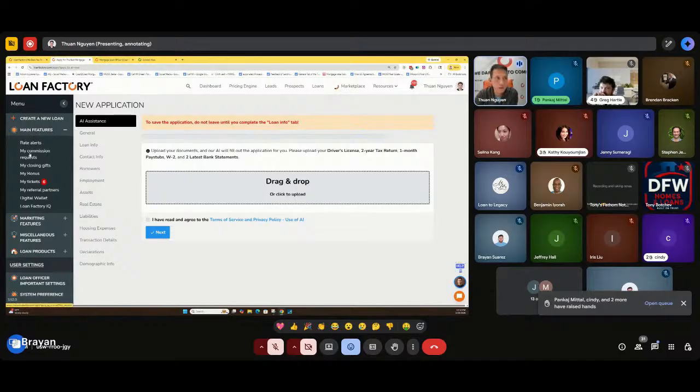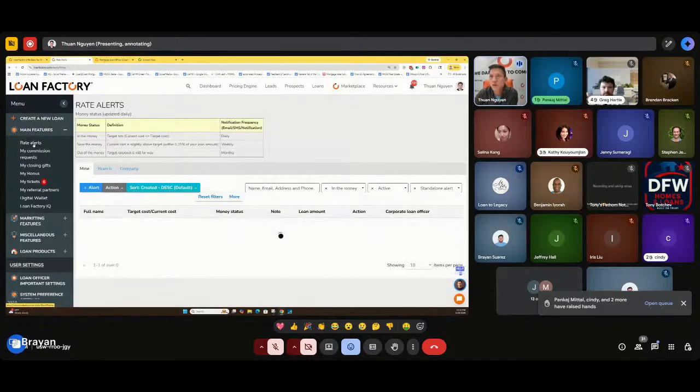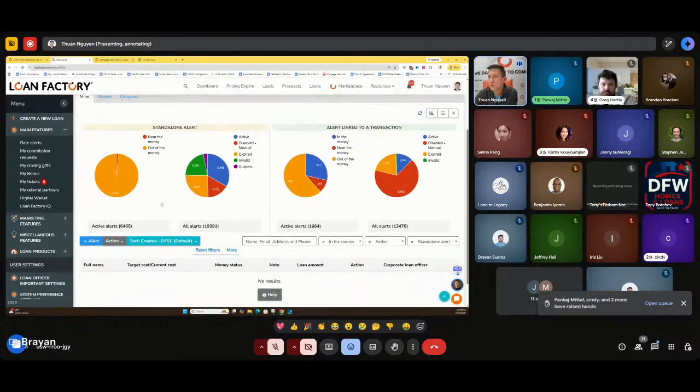You can see the main feature here. Rate alert is the best thing that most loan officers don't have. So you can see that we are in the money, near the money, and out of the money. The rate alert is being run every day. And I have 20,000 standalone alerts,